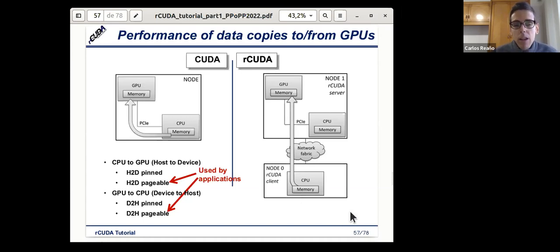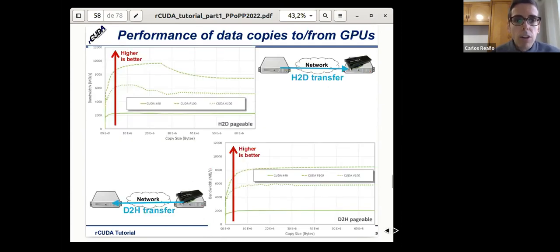At the time we did the performance analysis we are going to show, most of the applications used pageable memory. So for instance, here we are showing the performance of copies through the network, and we are comparing it to regular CUDA.